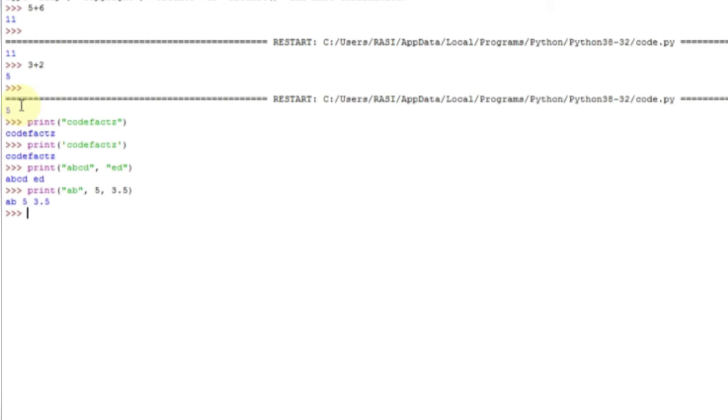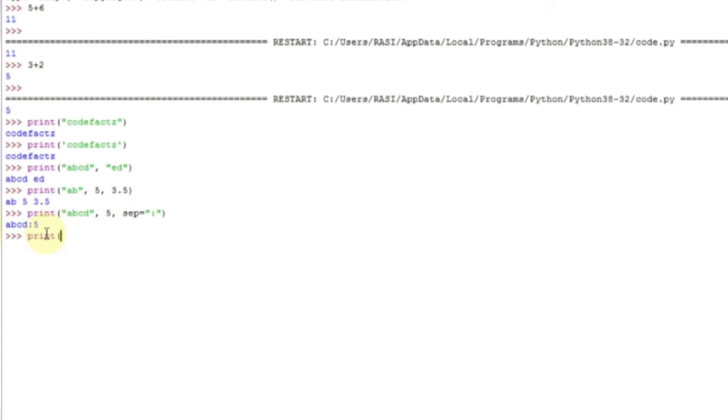If you want to separate the values with some colon, semicolon or anything, we have to use the sep keyword. In the end, we have to use sep equal to, within the double quotes, I am going to separate the values with colon, so I am using colon. If you want to separate the values with semicolon, hyphen or something, you have to give it in between double quotes. And we cannot use double quotes inside another double quotes, and likewise we cannot use single quotes inside another single quote. And then we can also perform arithmetic operation inside the print statement.